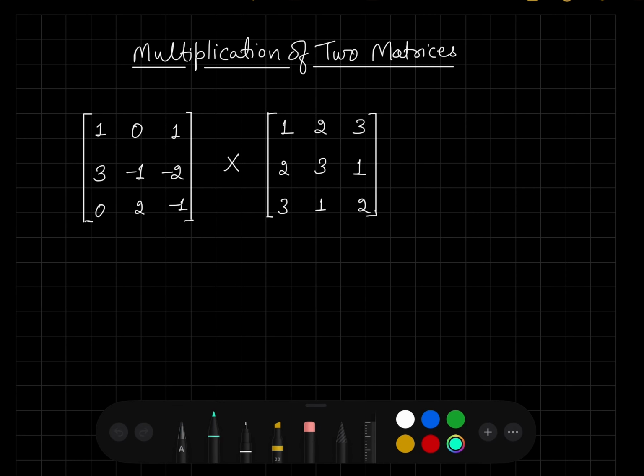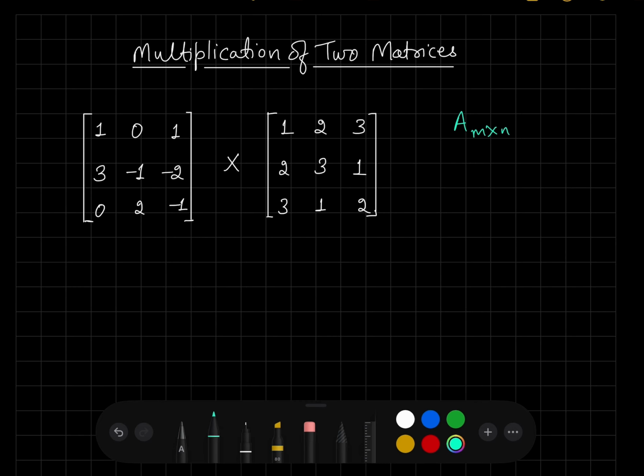Hi, let us learn how to multiply two matrices. So here I have written the two matrices of the order 3 by 3. 3 by 3 means the number of rows is 3 and the number of columns is also 3 in both the matrices, right? So in general, if we have two matrices, say one matrix is A of the order m